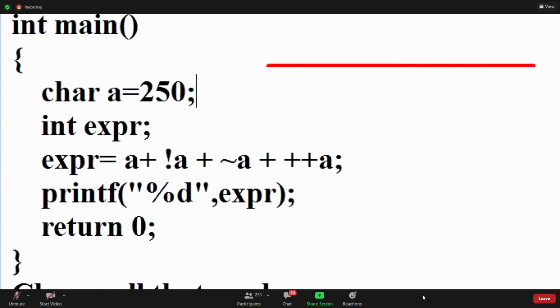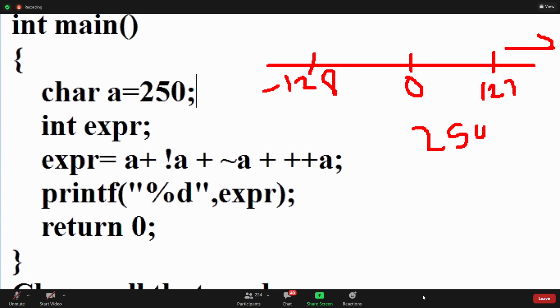Character range, you know, guys, this is minus 128 to plus 127. Zero is here. How much is it exceeding? Do it first, 250. You can do the rest later. Mahesh, what you got is also a correct answer, but while printing you get a different answer. See this, 250, 127. How much is it exceeding? 123.